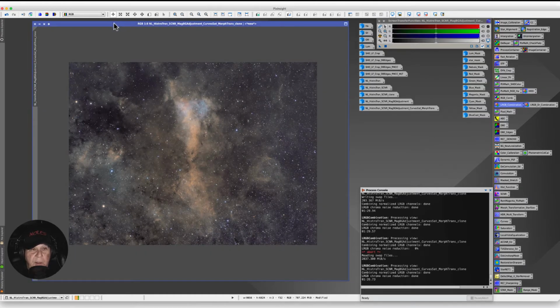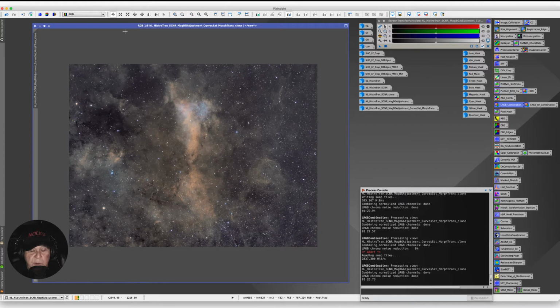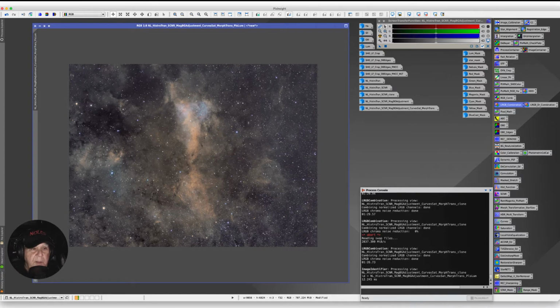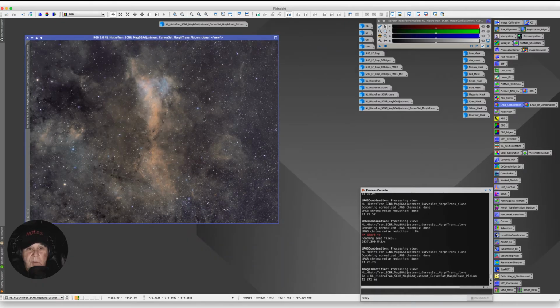We have combined our luminance layer to our RGB, and so we're going to rename this, and we're going to put plus loom. Alrighty, we're going to make a copy. We're going to put this over here,